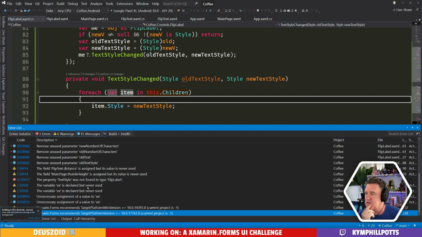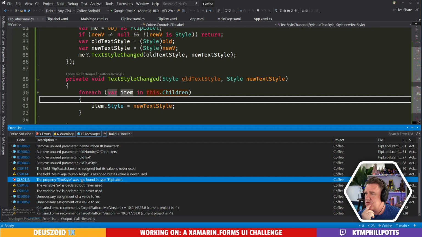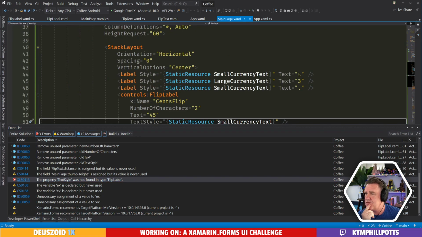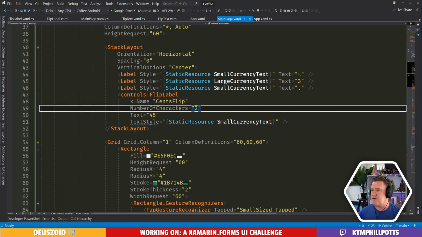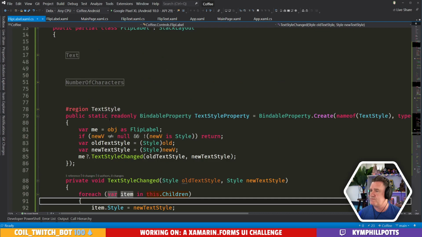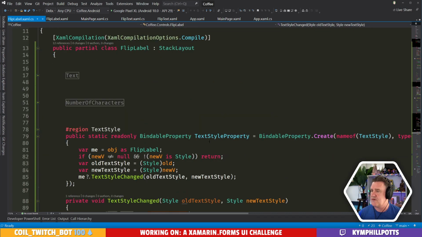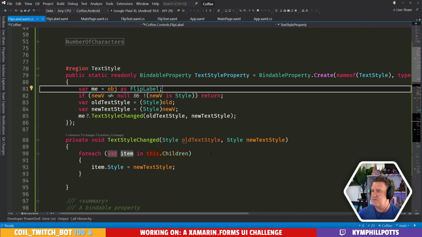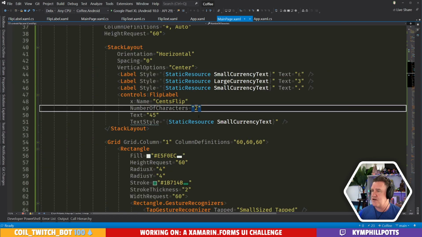Sometimes things don't work. Yep. Was not found on flip label. Oh, we didn't. What did I call it? TextStyle? Yeah, text style. What's wrong with text style?